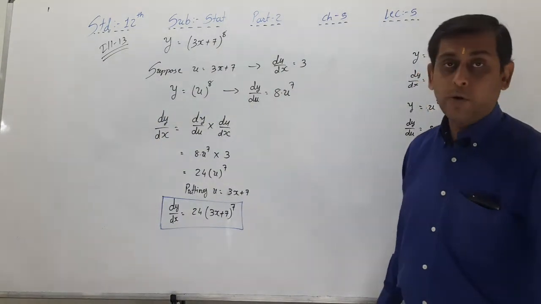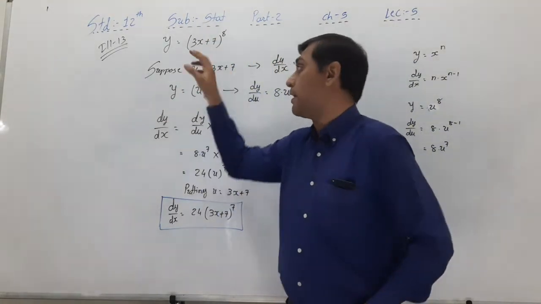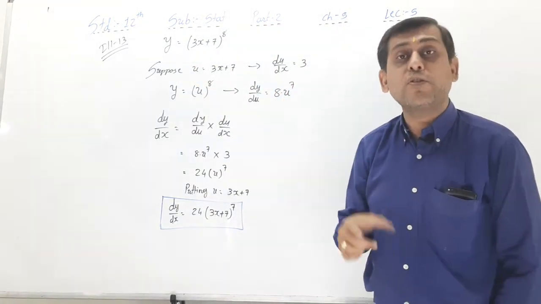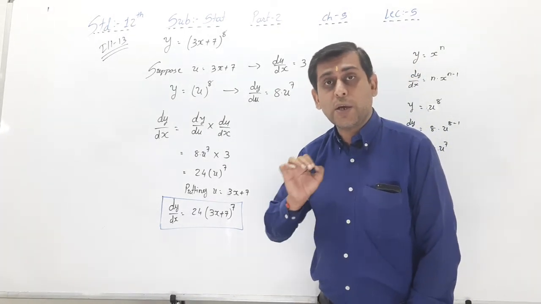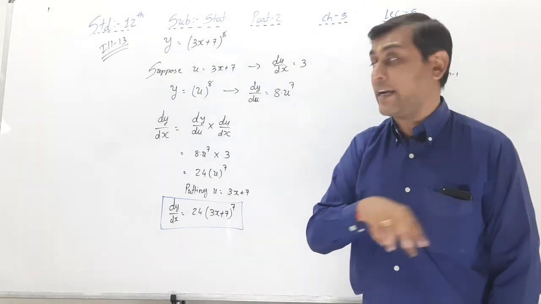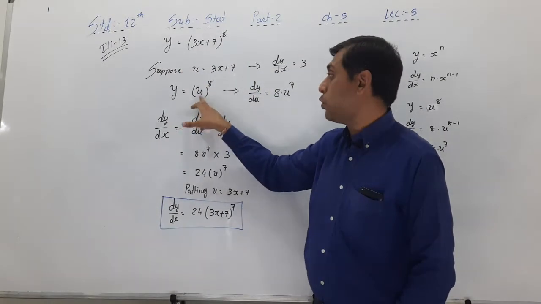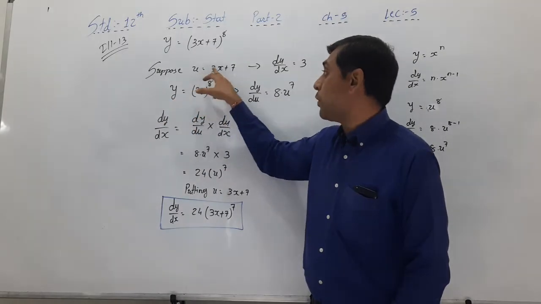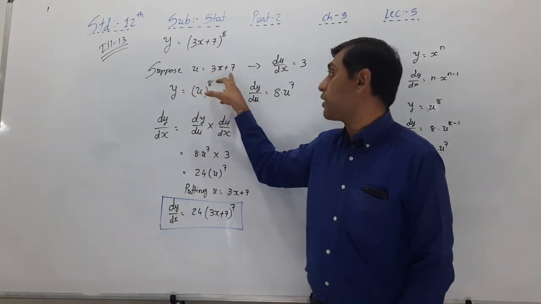See the chain rule here. First of all, y is given in two formats, that is, one function is given and raised to a power, the power of that particular function is also given, right? That is your chain rule. Y is a differentiable function of u and u is a differentiable function of x. See, y is a differentiable function of u. Y is equal to u raised to 8. That's why y is a differentiable function of u, and u is a differentiable function of x, right? So here u is equal to 3x plus 7.